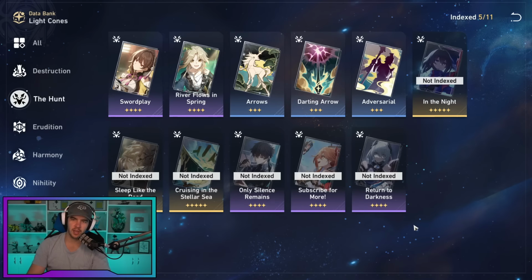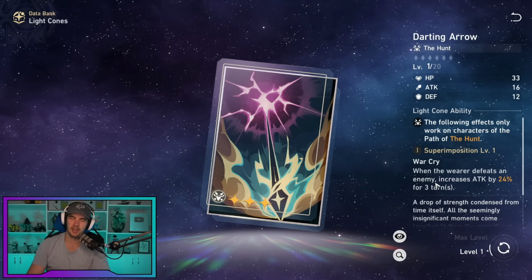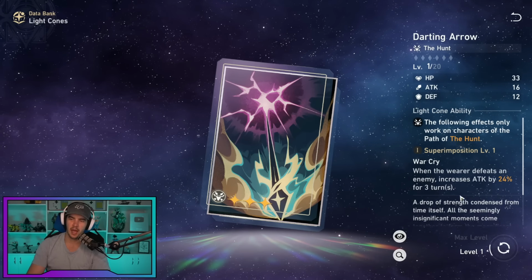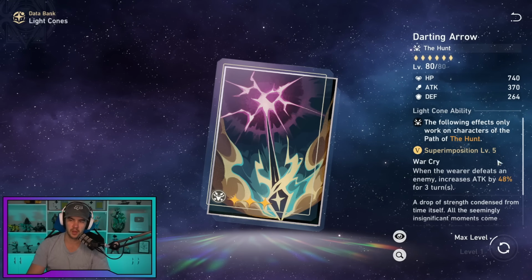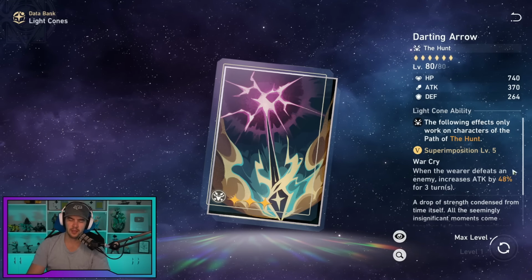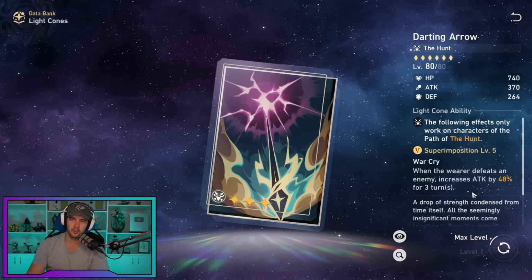And if you're starting at the very start of the game, you got super lucky and pulled her super early, you can throw on this 3-star. Honestly, none of them really matter. You're going to get into the 4 stars pretty quickly, but this one, when you defeat an enemy, you're getting 24% attack. You can superimpose these pretty quick and get it to 48%. So at the very start, these aren't too bad, but like I said, eventually you will pretty quickly move on,